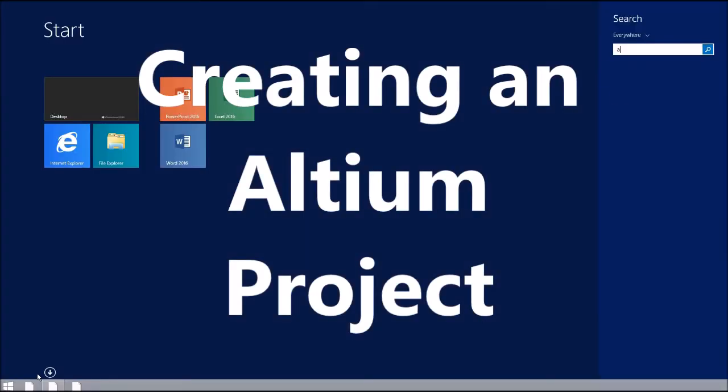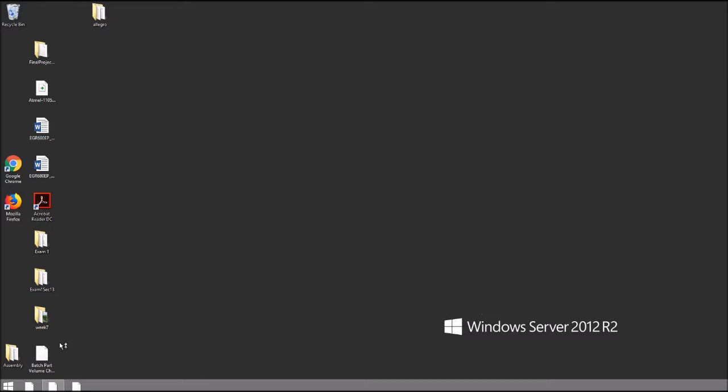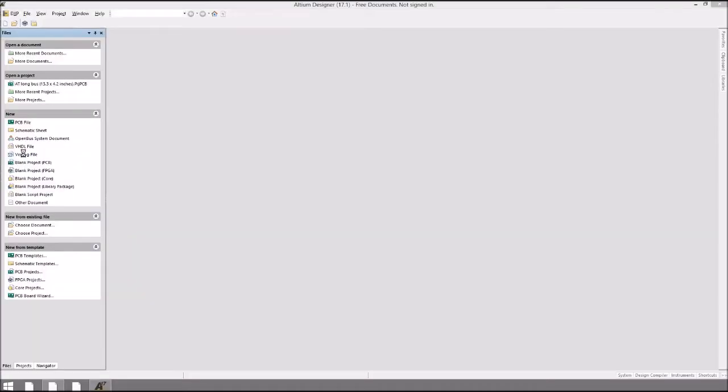Today we're talking about creating an Altium project. The first thing you need to do is be on the server where Altium is hosted. Currently that's in the EGR680 server, but that may change in the future. So go open Altium,